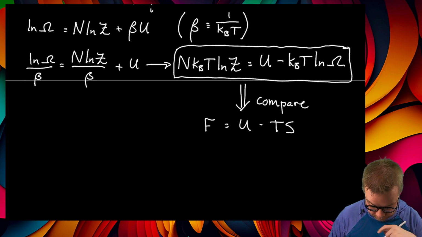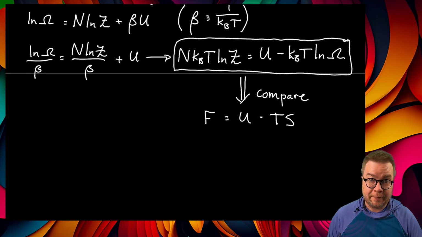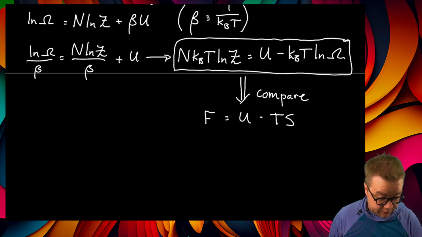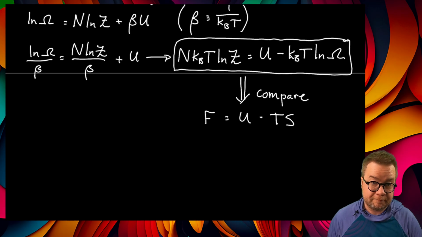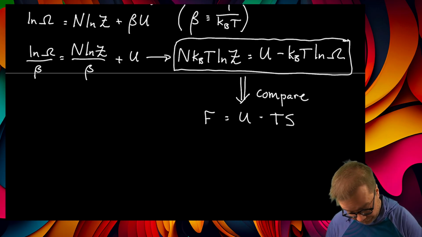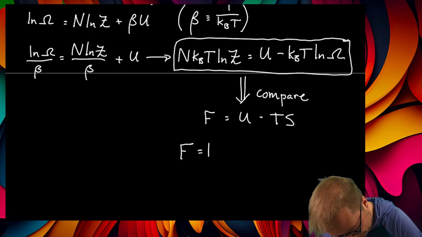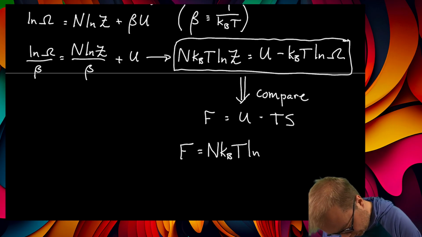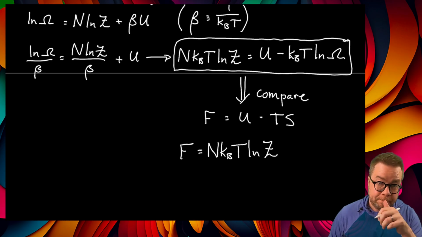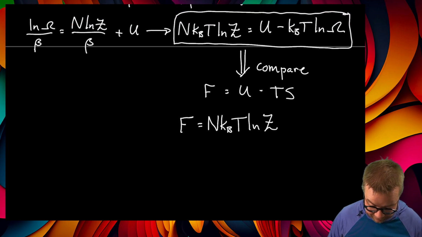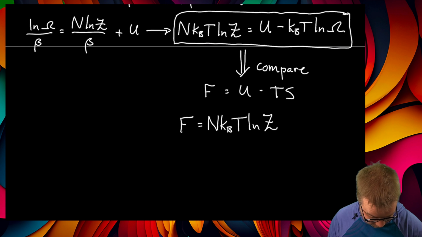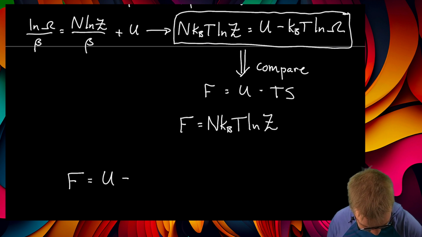And I'm going to claim, and if you take a course in statistical mechanics, you will derive this, you will go through the reasoning, but at equilibrium, the Helmholtz free energy is equal to n kBT log of the partition function. And so what I've just shown is that the Helmholtz free energy is equal to the internal energy minus kBT